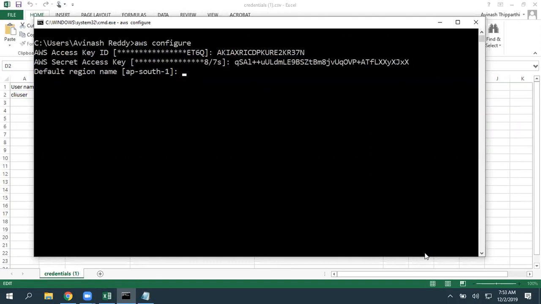Otherwise, click enter and it will pick ap-south-1 as the default. You can also set it to none, but then whatever command you execute, you always need to use the --region parameter. For example, EC2 is a region specific service, but IAM is global. The user I am configuring is a global user, not a region specific user.